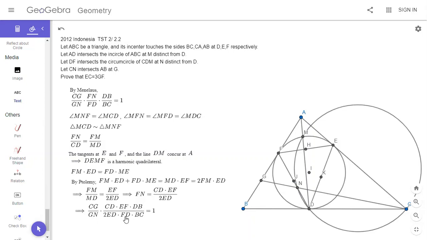So we have a 2 sine B over 2, 2 cosine B over 2, and then a BC over EF, which